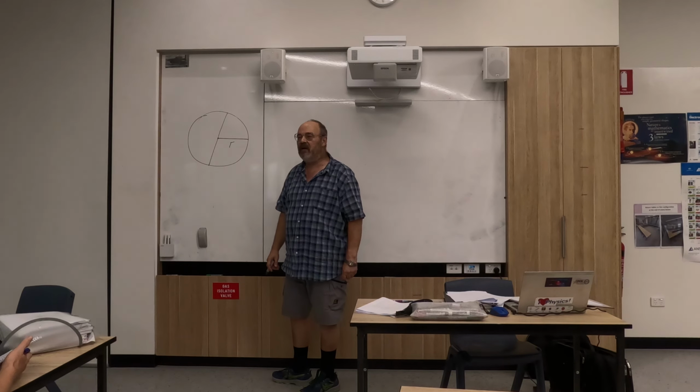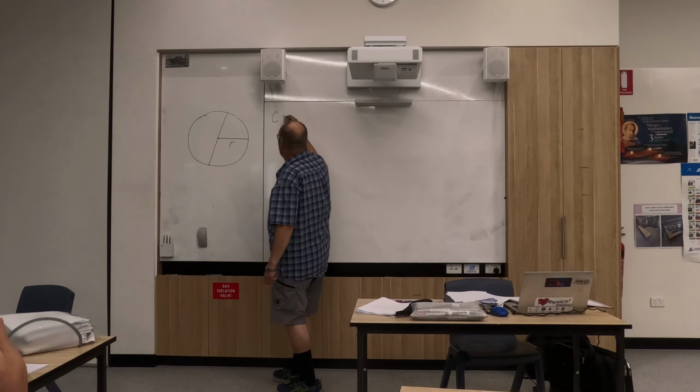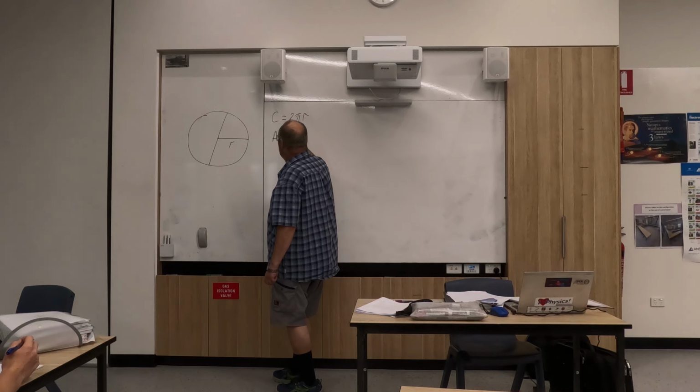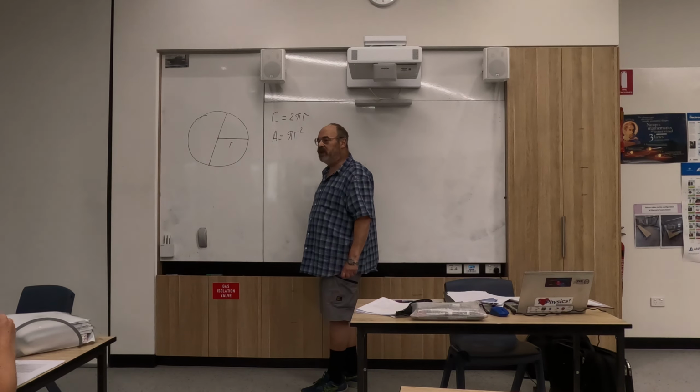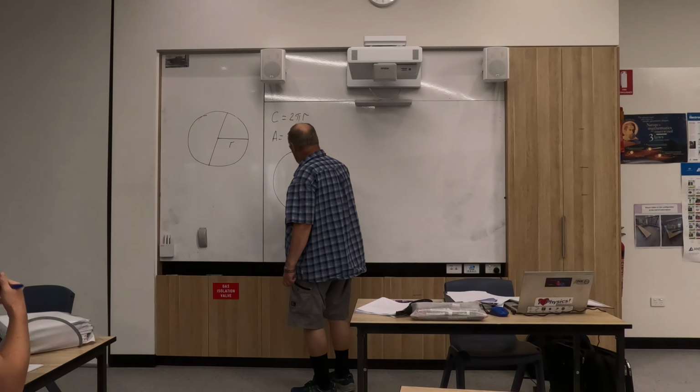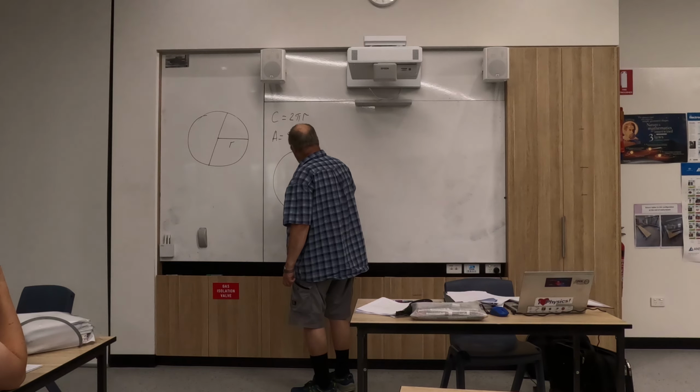How is it called? Radius. How is this line called from one end to the other? It represents the diameter. And what is the circumference of the circle? 2 pi r. Area of the circle, pi r squared. Now, if from the center of the circle we draw angle theta,